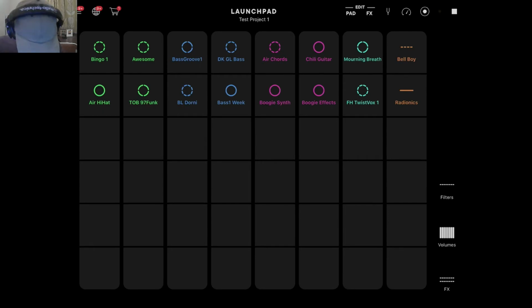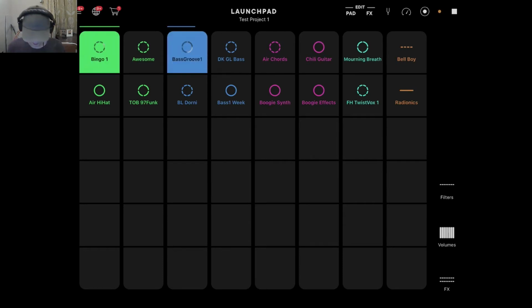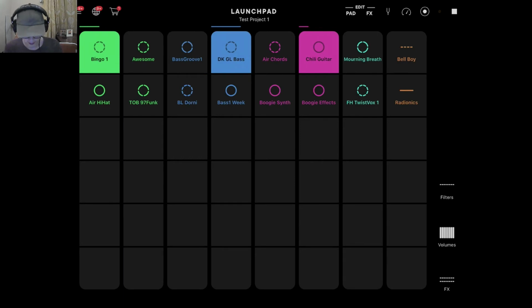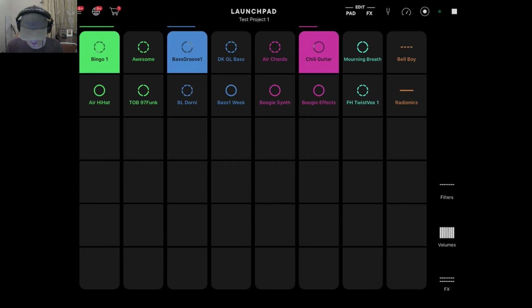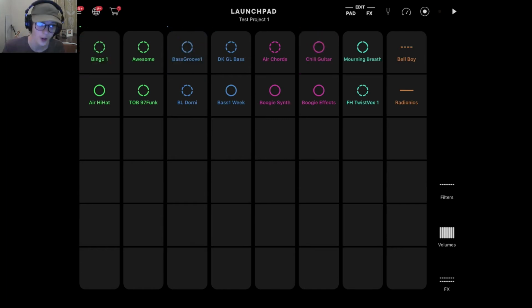So here's my line 1. Let's start with some drums. And some bass. Let's get in the chords and the guitar. Swap up the basses and back. Cool. All I did there was press the stop button in the top right hand corner and that stops the whole project,